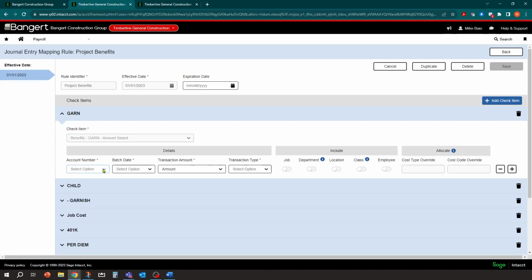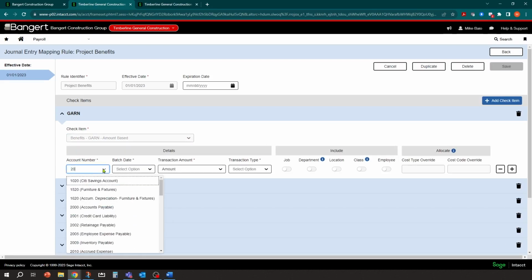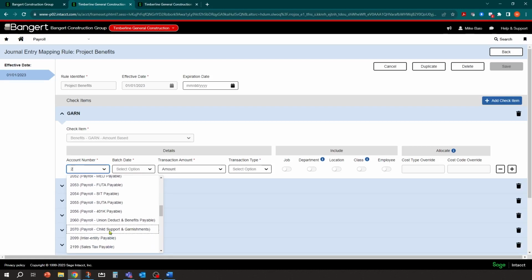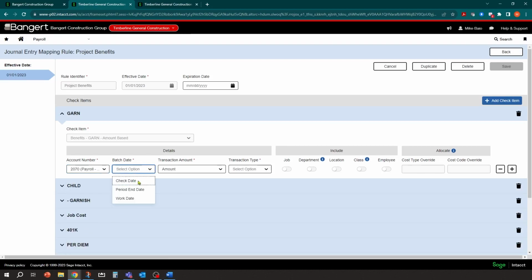And we're going to add our journal entry. So you may need to set up a new GL account if you want to track your payable separately for child support and garnishment. I have one set up here called Child Support and Garnishments 2070. It's going to be based on check date, and that is going to be the credit side, and I want to track it by employee. So I'll turn on the employee.